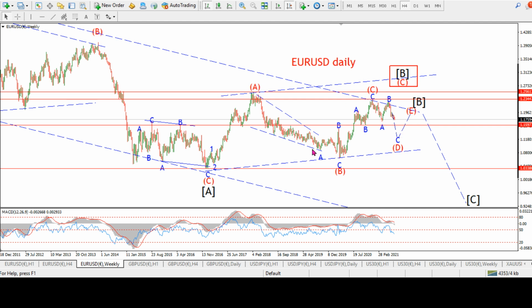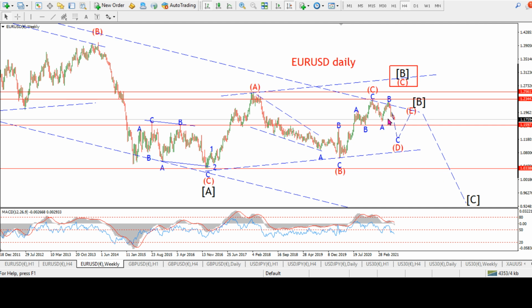First of all, in terms of the triangle, we have wave C complete, and we're working on wave D, and I'll show you that in a minute. And then we'll have another further range contraction in wave E, and then we'll finish wave B and then head down again. So you can see the overall pattern here, a narrowing of the range until we decline again